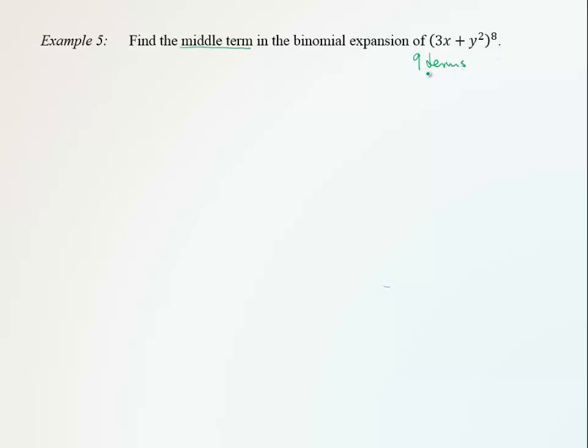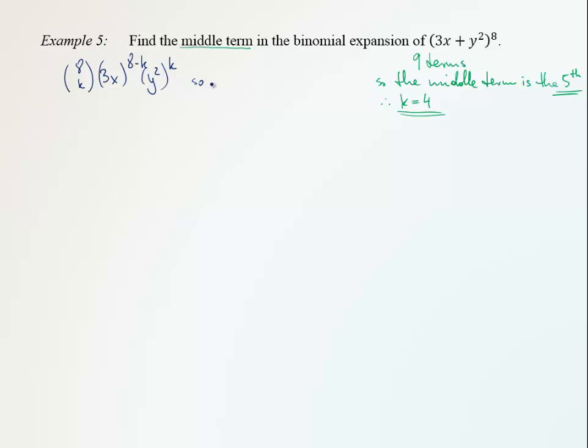Since we have 9 terms, the middle term is the 5th term. Therefore, k corresponds to 4. k is always one lower. As soon as we know that k is 4, we can find the middle term by first writing the general term, which is 8 choose k, first term (3x) to the 8 minus k, and then the second term (y²) to the k. So if k is 4, we have